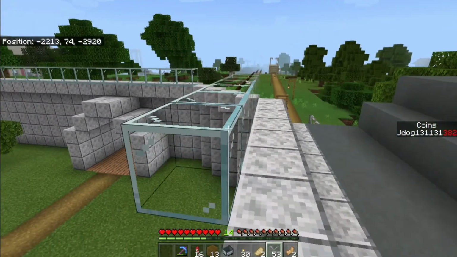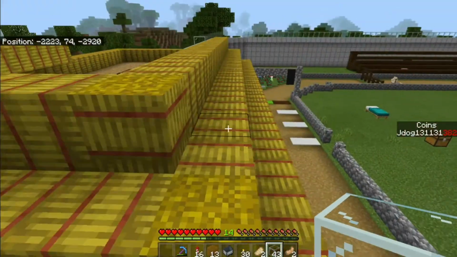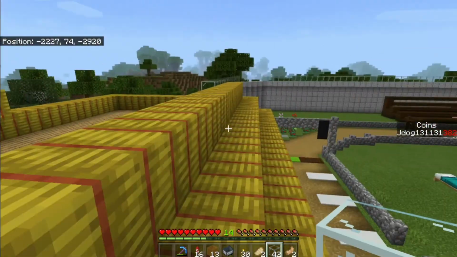I'm even thinking a bit further ahead. You could have a little stall there selling different coloured armour, or leather, sorry, for people that haven't bought their own, and stuff like that. So it could potentially...